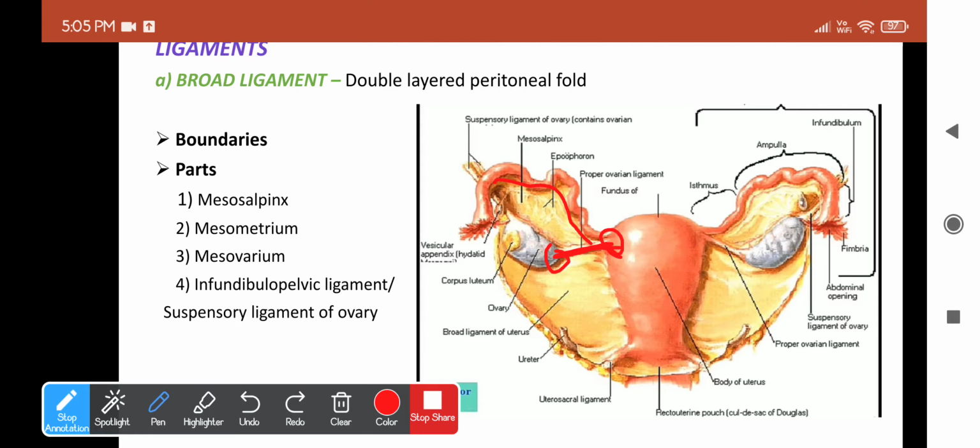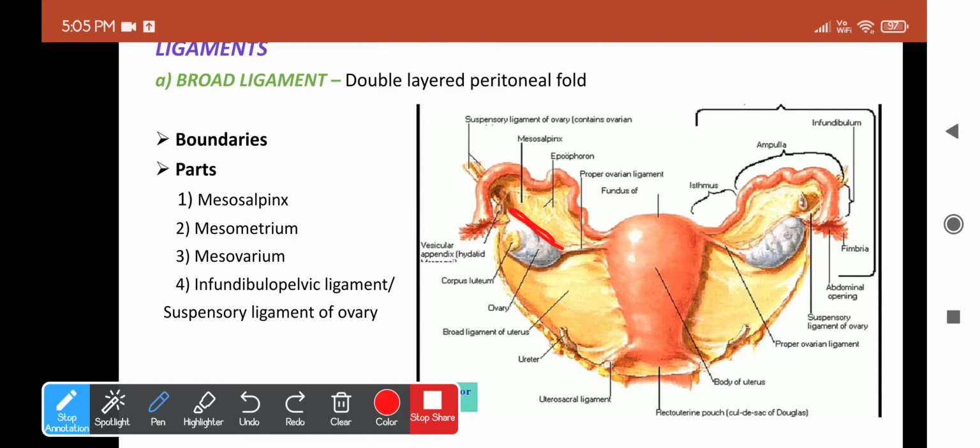Then mesometrium. This is that part of broad ligament extending between the pelvic bone, body of uterus, to the ovary and the ovarian ligament. In general, the entire part below this is called the mesometrium. And you also have one more part called the mesovarium. This is actually an extension from the posterior layer of the broad ligament, which will come and attach to the ovary entirely. If you can notice, this fold of peritoneum over here will be your mesovarium, which will be derived from the posterior layer of the broad ligament and attached to the ovary.